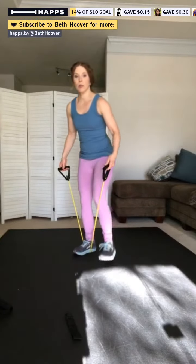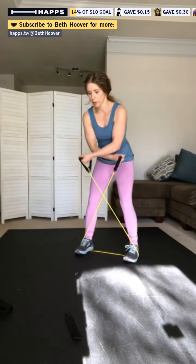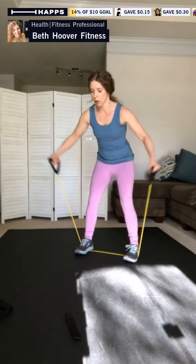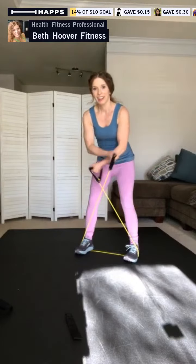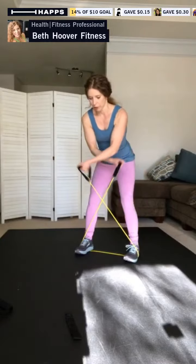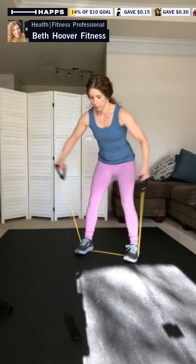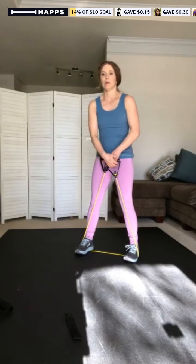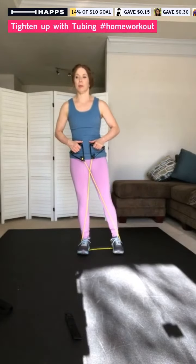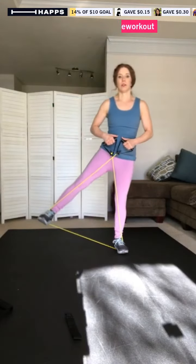So let's go back through a couple of these that I already did in case you're just coming in. So the chest crossover, standing. So imagine you're out taking a walk or going on a hike, and you stop and you pull out your tubing and you get a quick toning workout in at the same time. So crossover chest, cross the band, single leg hip, other side,